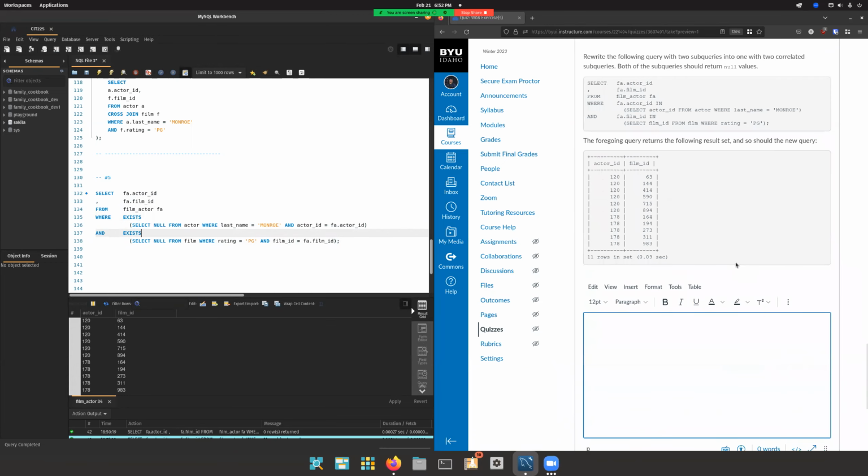And the exists, couldn't you just put, instead of what you have, 1 equals 1, and then it's just going to return true and run anyways? Like it doesn't even matter what you put in there, right? Yeah, really none of this matters. We do need the last name equals Monroe, because essentially we're building our filters into these two subqueries. And because both of these are correlated, essentially we're writing two where clauses, right? So we do need this little bit here from actor and from film, but because we're correlating it, they tie together. And because we have the and here,